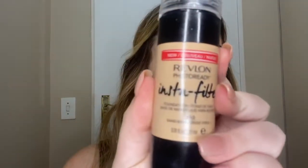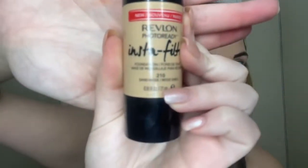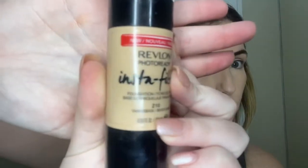Yeah, so I've done my skin. I used this Revlon Photoready Insta-Filter. You can see it gives a really nice, flawless finish. And then just to powder and set